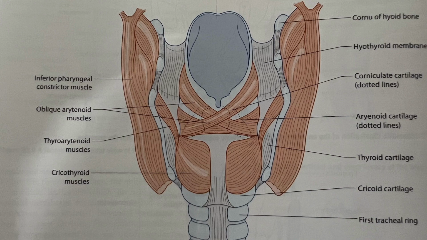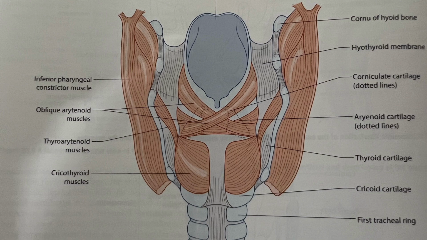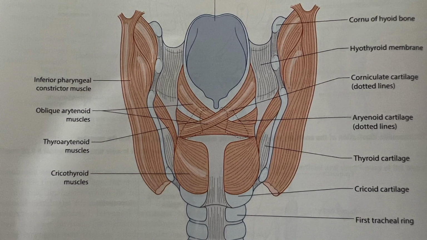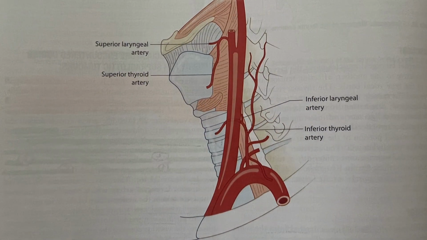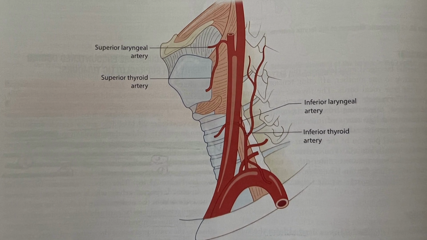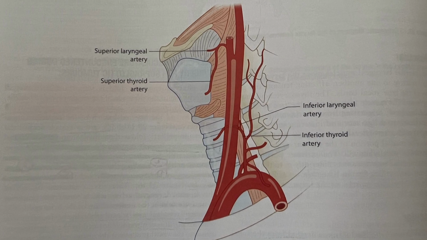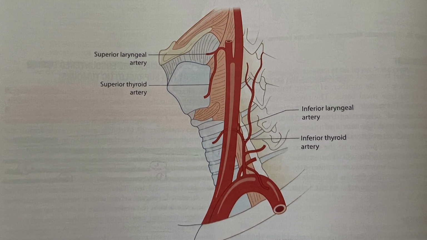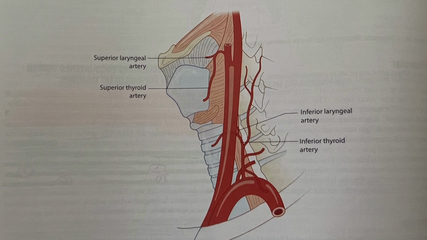Now, the relevant vasculature of the larynx related to transoral surgery. The pharyngoepiglottic fold is important in transoral surgery due to the presence of a neurovascular bundle in it. It comprises the superior laryngeal artery, superior laryngeal vein, and internal branch of the superior laryngeal nerve. The artery travels within the pharyngoepiglottic fold and divides into 5 branches. The first branch is the ascending branch, supplying the epiglottis. The second branch is the vallecular artery, which supplies the vallecula.